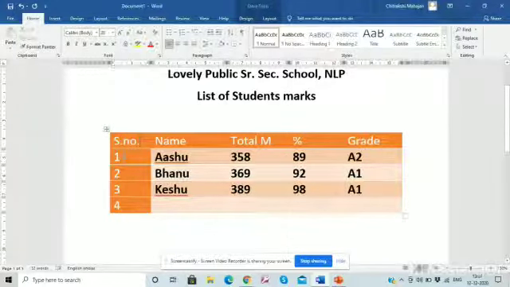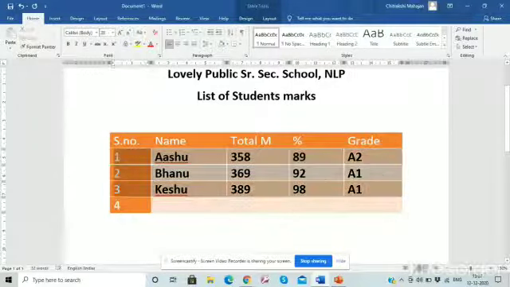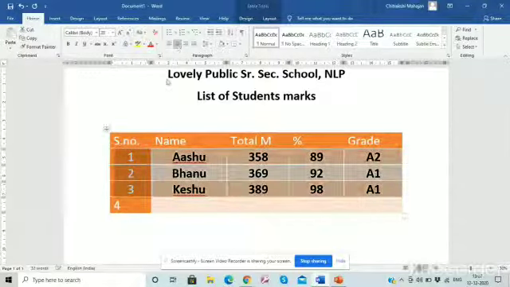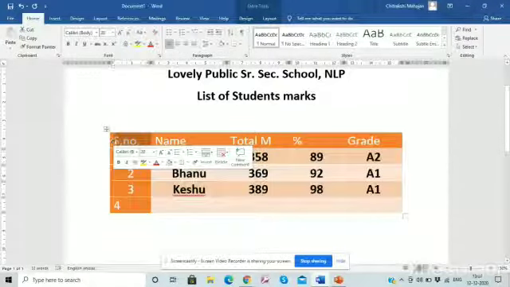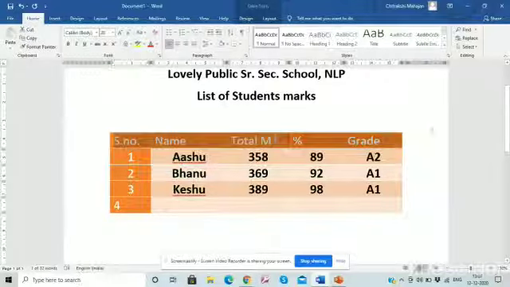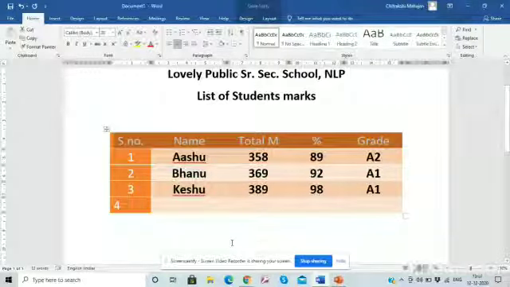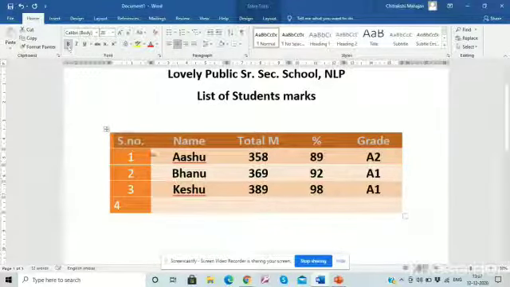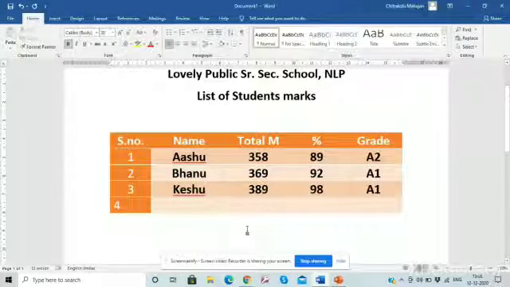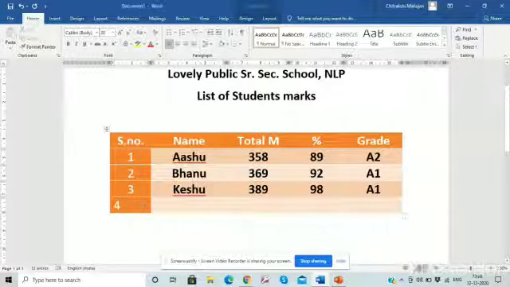And now we just align the data. सेंटर अलाइन कर देते हैं इन सबको, हेडिंग्स को भी सेंटर अलाइन कर देते हैं. You have to select your data first, whatever formatting settings you want to apply. Okay, now how your table looks like. Okay, it's superb. Now you can also create a table like this at your home.